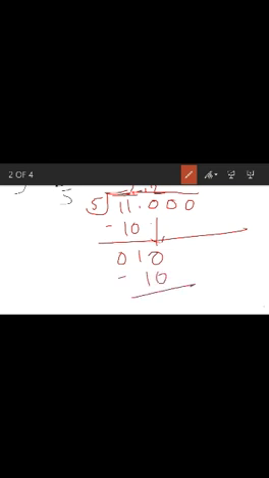Divided by 5. 5 2s are 10, minus 0, 1. This 0 will come down. Again 10 is there. At this point we need to put the decimal point here, 2.2. Again 5 2s are 10. What will we get, students? We will get 0, which means the division is complete.